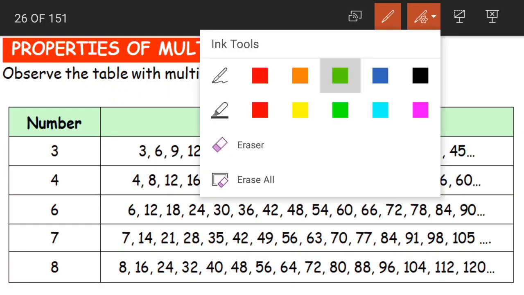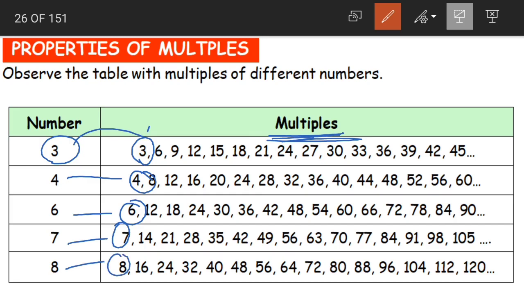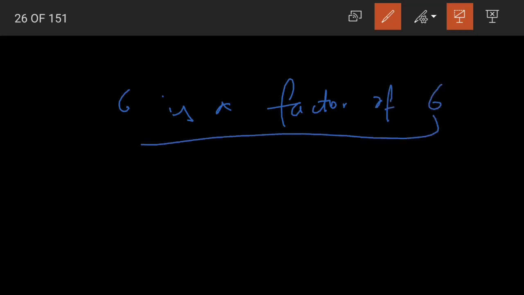What are we observing here? 3 is a multiple of 3, 4 is a multiple of 4, 6 is a multiple of 6, 7 is a multiple of 7, 8 is a multiple of 8. What did we learn? In properties of factors, we learned that every number is a factor of itself. Yes or no? 6 is a factor of 6. Yes or no? Yes. So again this 6 becomes